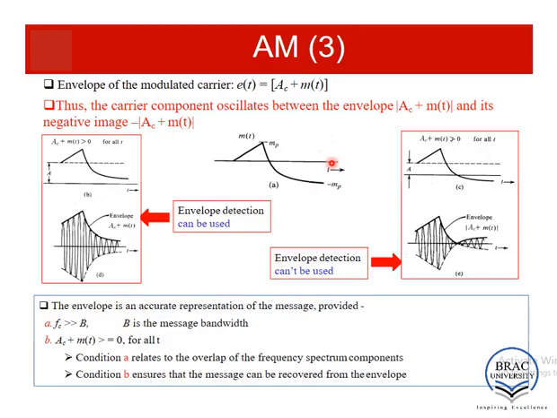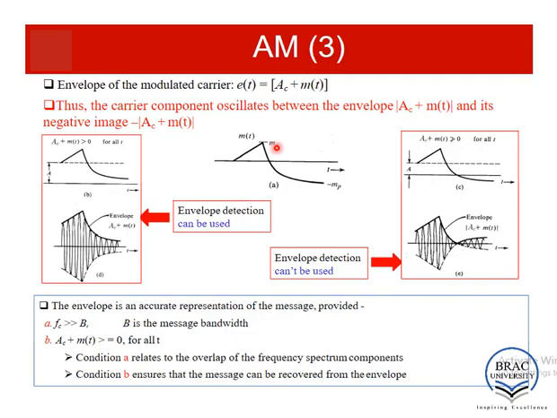We were using a carrier signal Ac cos omega c t. The equation of the modulated signal was (Ac + m(t)) multiplied by cos omega c t. We will try to draw the modulated signal here. Let's consider some values. Let's say Mp is equal to 5 volts and the carrier amplitude Ac is equal to 10 volts. When we add Ac and m(t), actually an offset of 10 volts will be added to the